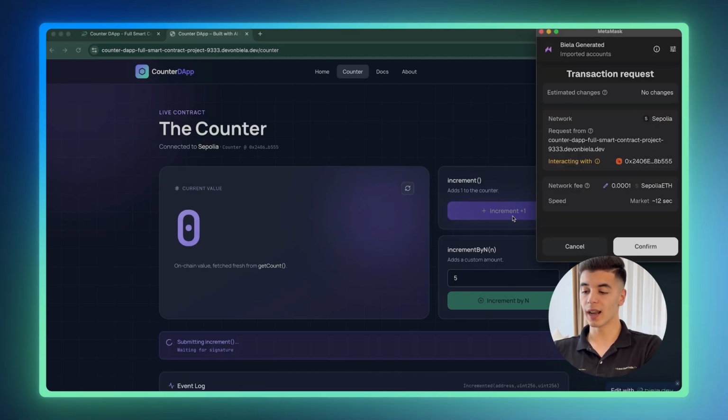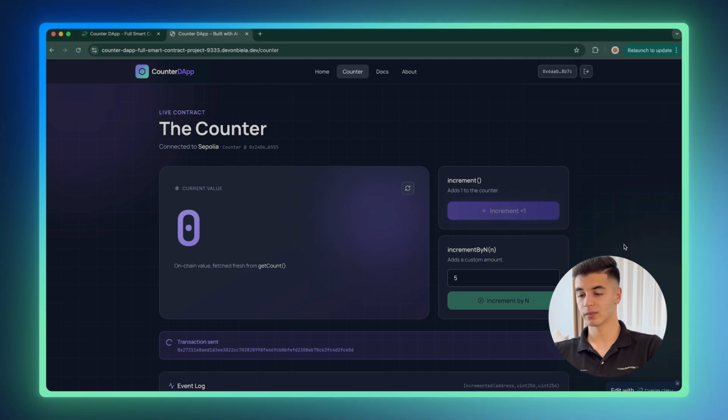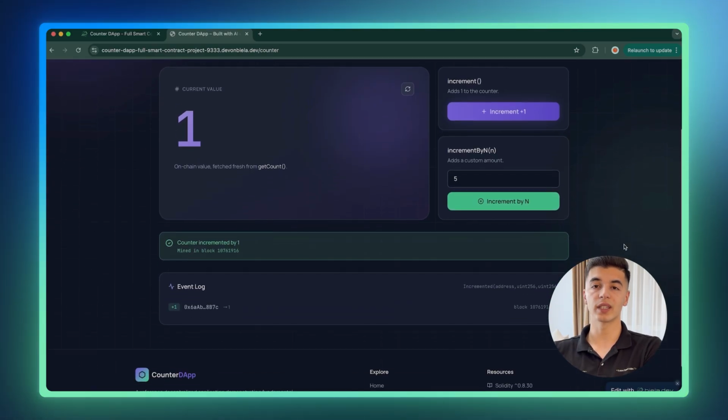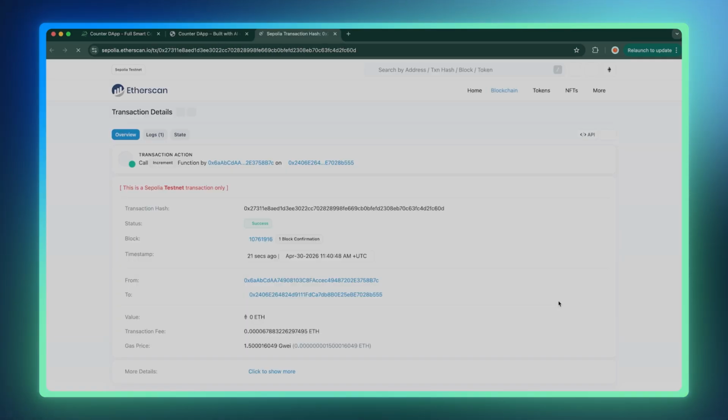As you can see, on the real app, you have to sign the transaction to actually increment the counter. And once the transaction has been confirmed on the actual chain, we can now see the change in our app. Difficult? I don't think so. It has never been easier